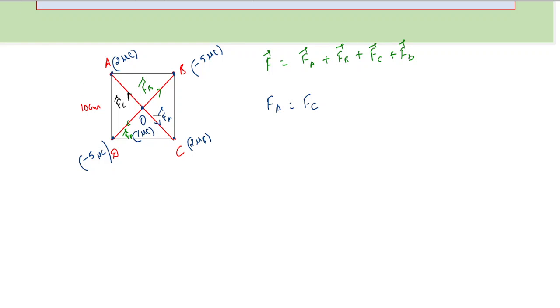Similarly, the forces Fb and Fd are equal in magnitude because the force which the charge kept at point B exerts on O would be the same as the force that the charge at point D exerts on the charge at point O. They will be equal. So even these forces Fb and Fd will cancel each other. So the net force would become 0 in this case.